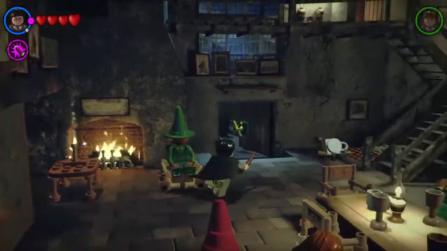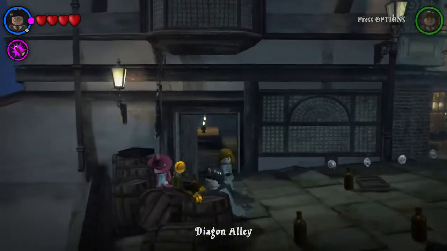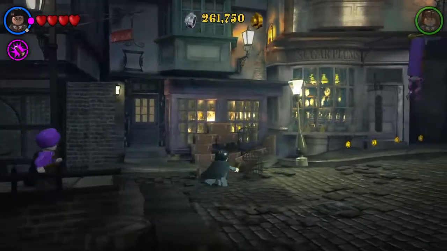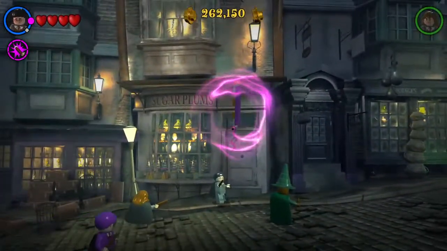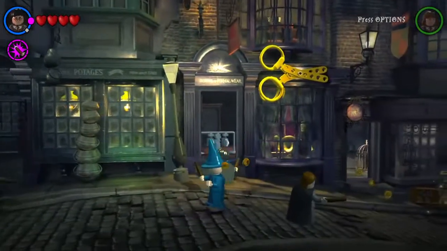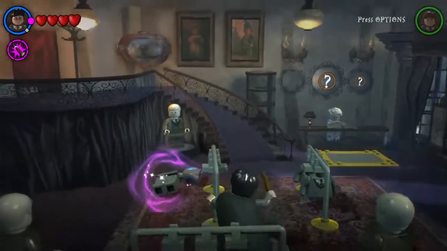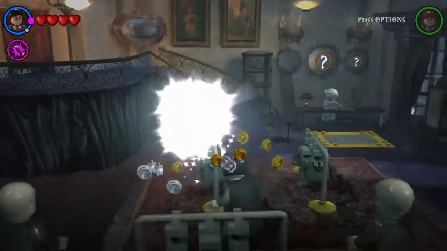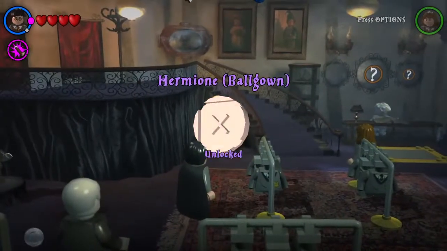Okay, so I think we decided last time that I'd buy a spell from Diagon Alley. So we have 261,000 coins, which is more than enough to buy, I think, 2 nice spells. So let's do that. Before we go to Hogwarts, I think it would also make sense for me to do a short summary of...